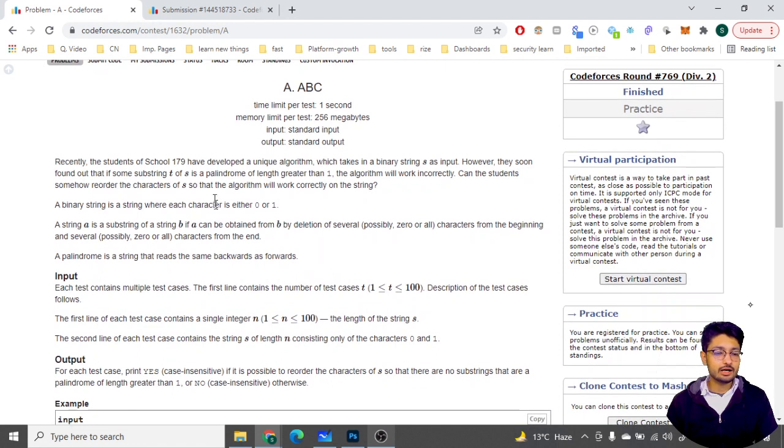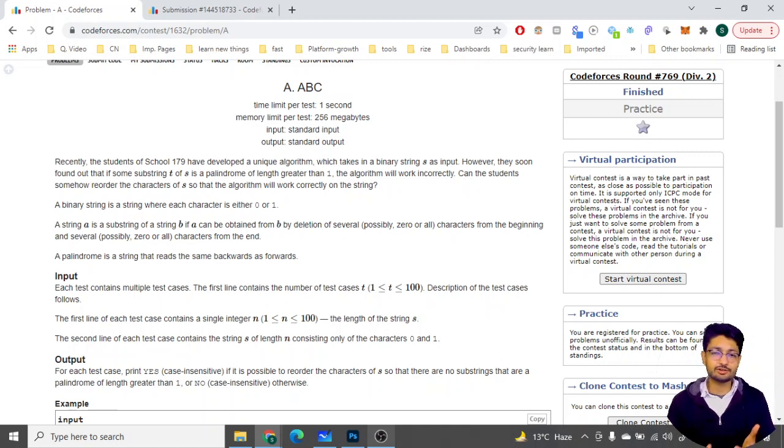It states that the students of school 179 have developed a unique algorithm which takes a binary string s as an input. However, they soon find out that if some substring t of s is a palindrome of length greater than 1, the algorithm will not work correctly. So, can the students somehow reorder the characters of s so that the algorithm will work correctly on that particular string? Now, you're given some string, you have to find out whether you can rearrange the characters of this binary string